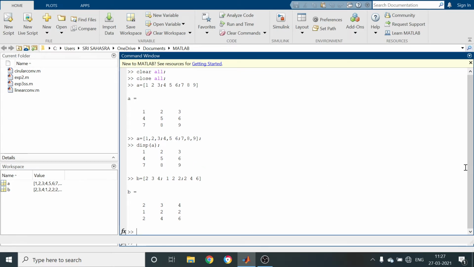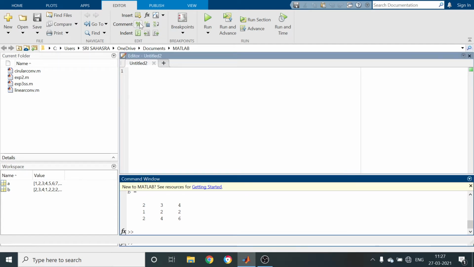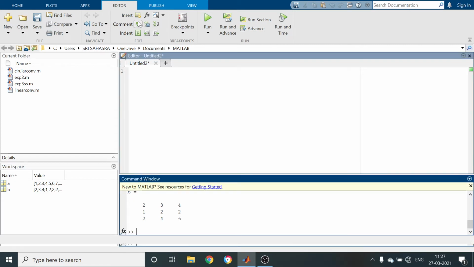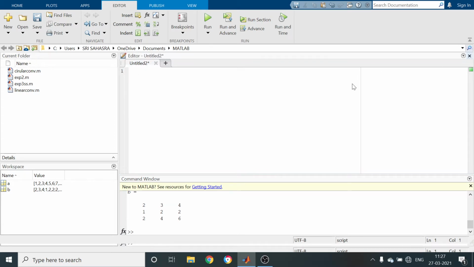In order to enter, I am going to use some percentage symbol. Just I will explain in the editor window.